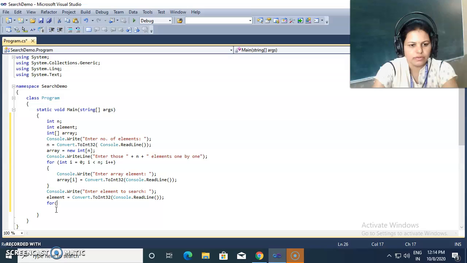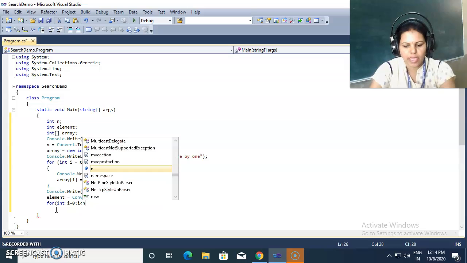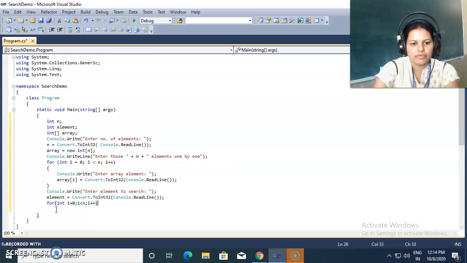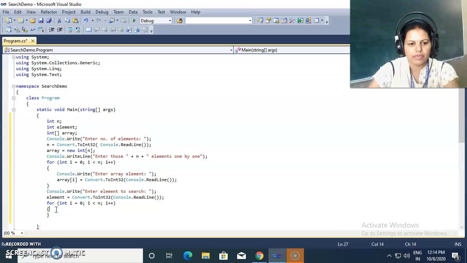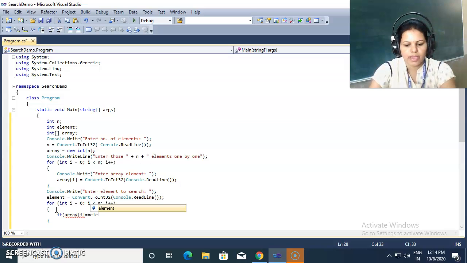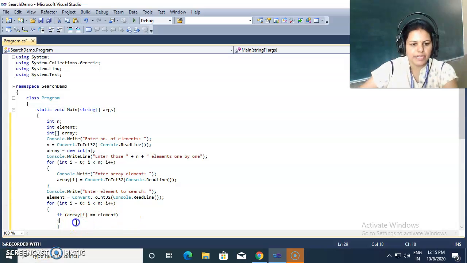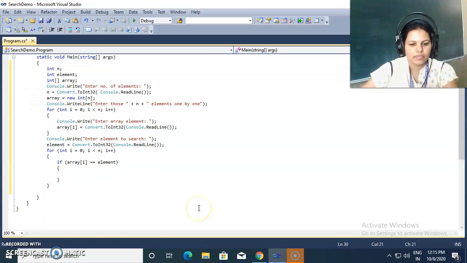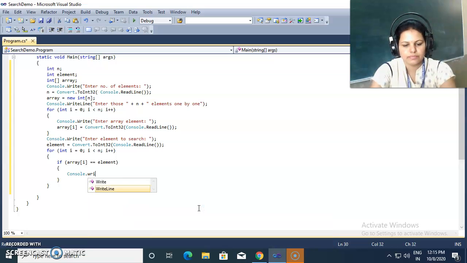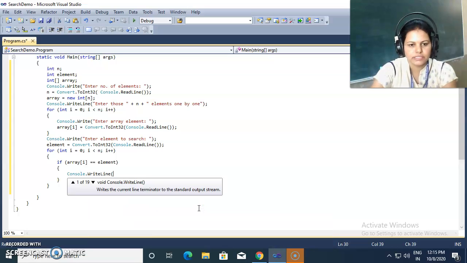So I am again using one for loop, which goes from 0 to n. We compare our element to the array element one by one sequentially. So if the array element at the ith index is exactly equal to my search element, then I'm printing one message as Console.WriteLine, as element